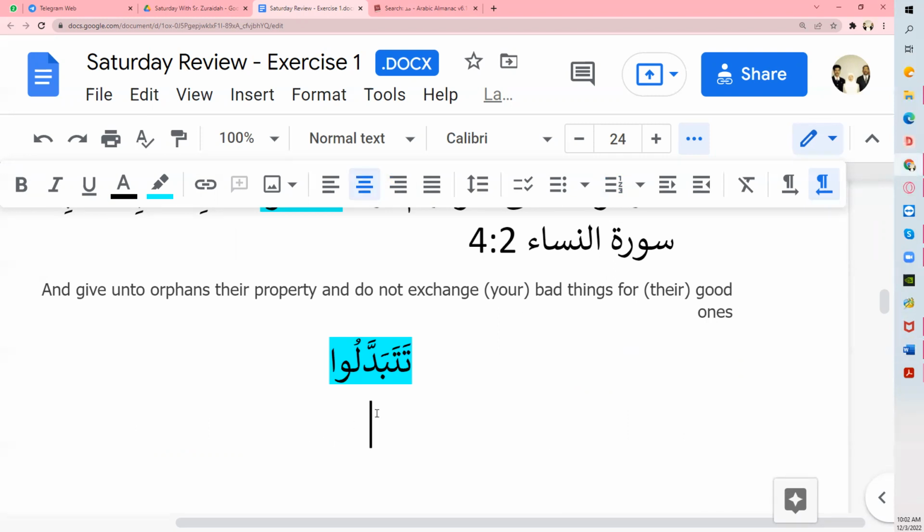Okay, so this is the passive one, right? It has to start with a damma because it's passive. Let's just put the letters in between first, and then we decide what the harakat are. So here it has to end with a fatha, right? So here ends with a fatha, and we have to have the u-e sound.